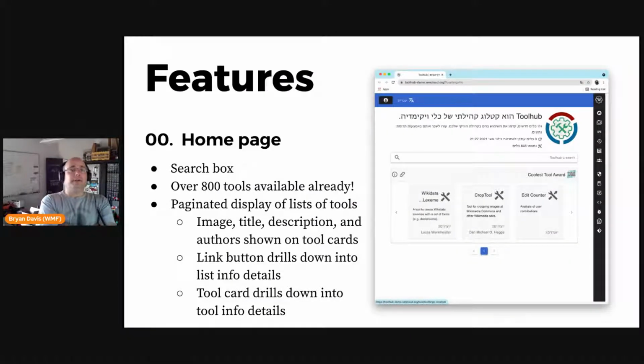I'd now like to quickly show you some screenshots taken of the Toolhub demo server, to give you an idea of what the screens allow you to do. This shot is of the homepage, which gives access to Toolhub's full text search feature. It also displays featured lists of tools, which have been curated by the community. Both the search results and lists will show info cards providing summary information about tools.